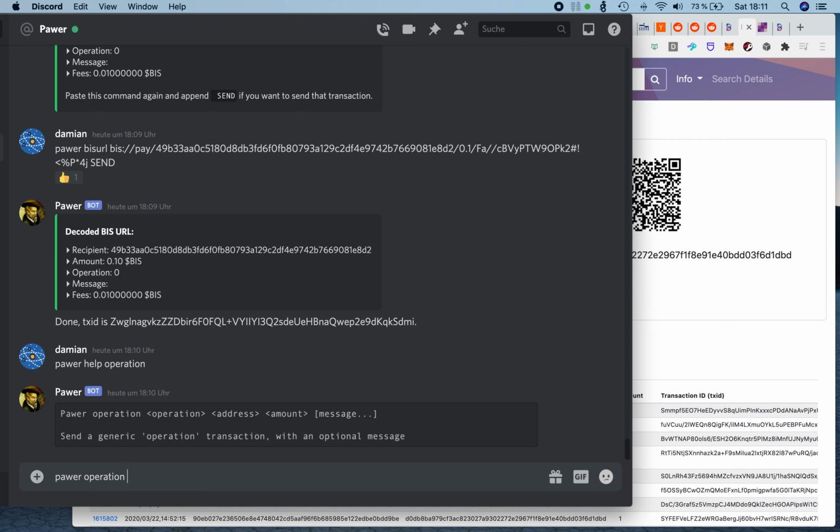So Pawer, let's just start with Pawer, then operation. Then we want to send a token, which means token, then transfer. Then we need to put in the address. And then we have to specify the bis amount, which is 0. And last but not least, within the data field, or the message field,